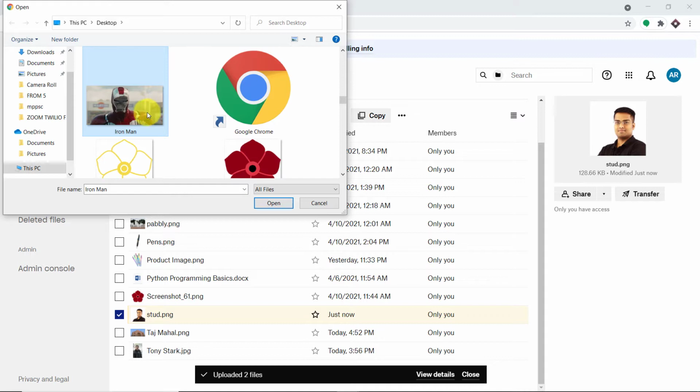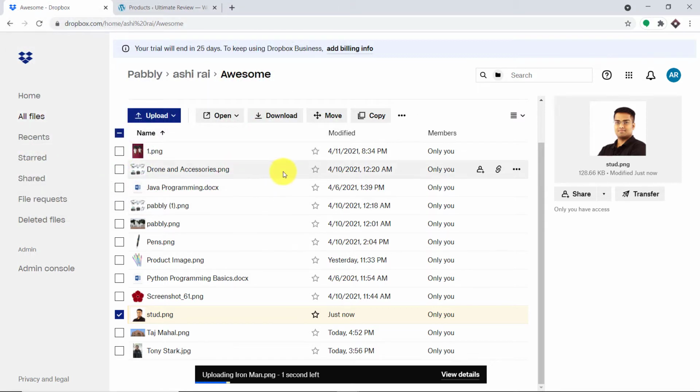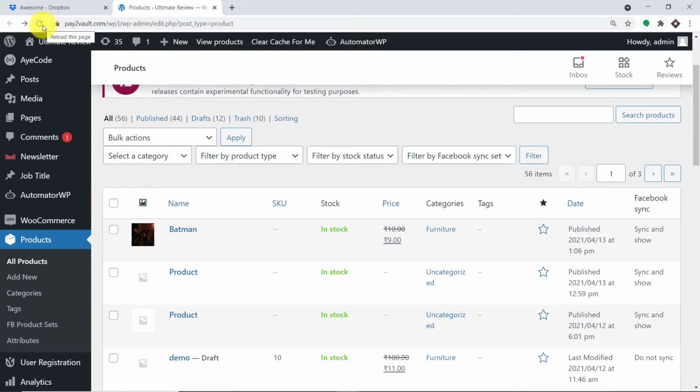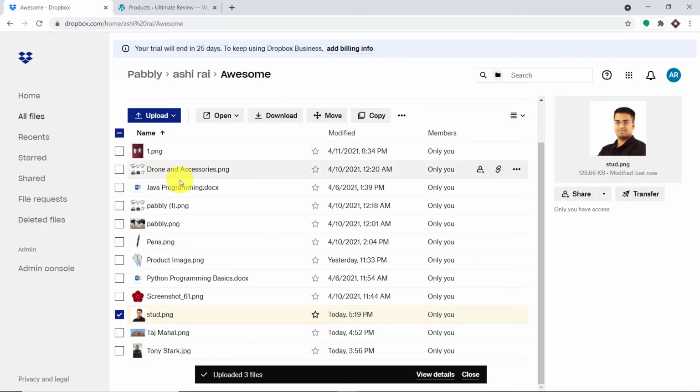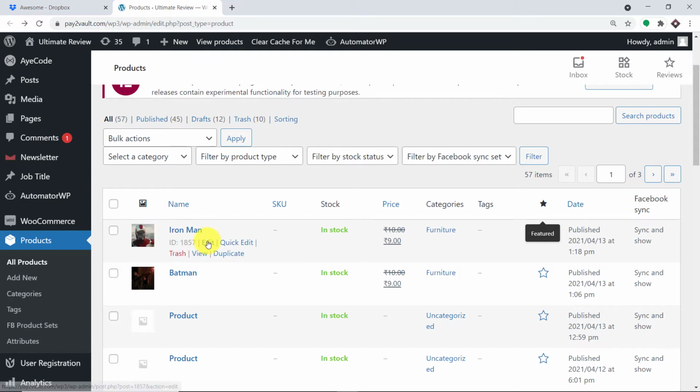Okay, so this is the image Iron Man and I have uploaded it. So it is uploading the image, uploading ironman.png. Okay, so the file has been uploaded. So what I'm going to do here is I'm just going to look into WooCommerce. Do we have the product of the wallpaper called Iron Man? Let me just refresh this. Okay, so it is refreshing. As you can see, we do have the image. Basically the idea is that we will be selling this image at 9 rupees. So once a file or an image is uploaded here, it will be reflected as a product in WooCommerce.